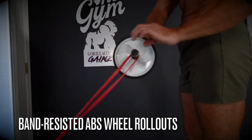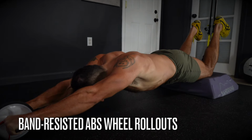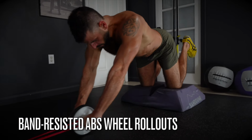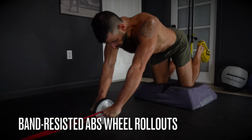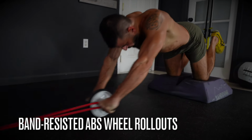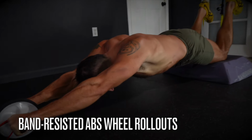If you thought regular abs wheel rollouts were tough, wait until you try the band-resisted option. So you've got to anchor the band and loop it around one of the handles. And what this does is provide additional resistance as you pull the wheel back to the starting position to really get an insane lat and core contraction that'll blow your mind. Still maintain a very good slow eccentric phase rolling out, and try to keep as much tension in the band